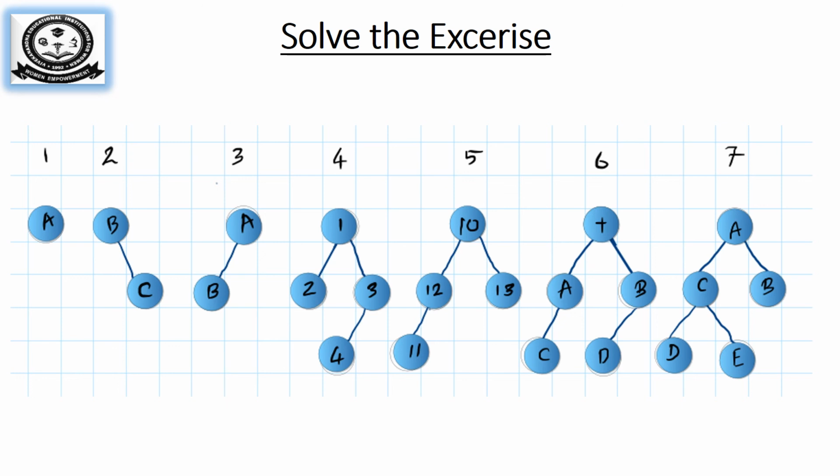Now we will see what is a complete tree. You can see 1, 2, 3, 4, 6 are not complete binary trees, whereas 5 and 7 are complete binary trees. Okay, so work it out and see which is a tree and so on. The first diagram, A alone, has only a root in my tree, which is accepted as a tree, a complete tree, and a strict binary tree. So it satisfies all the properties.